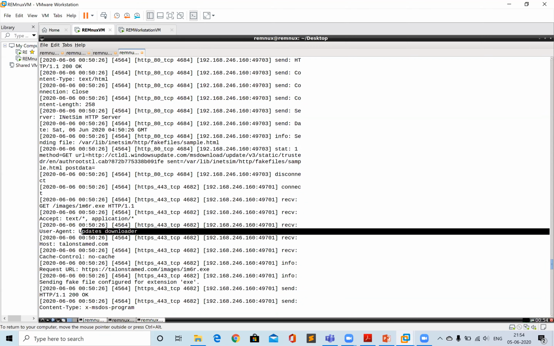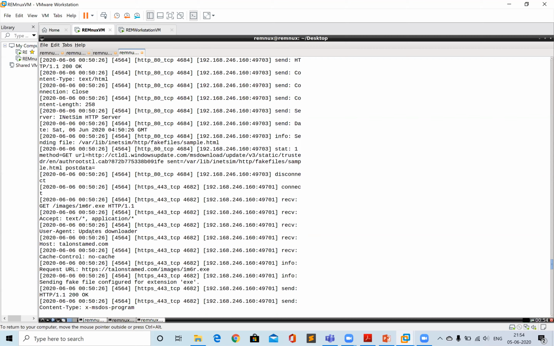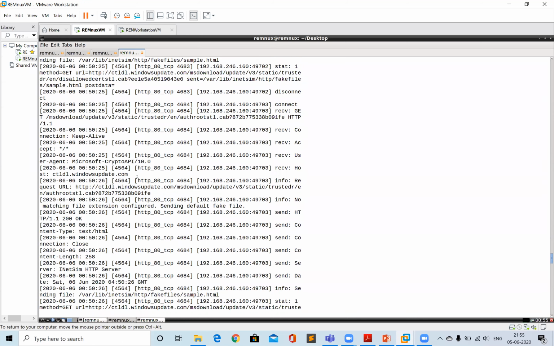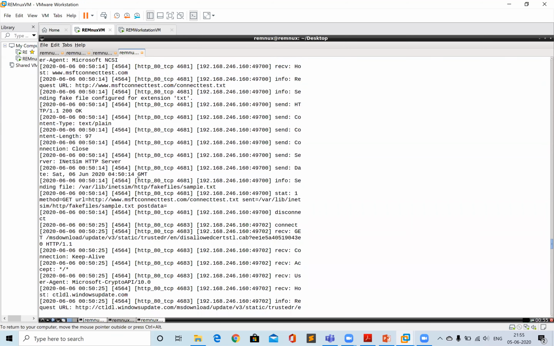You can put that as a filter in the IDS environment, and if there's any user agent having the string updates downloader, quickly alert the SOC guys. So this is another IOC that you can get, and the host was talonstamp.com, and these are the parameters that went through. So let's see where it went.